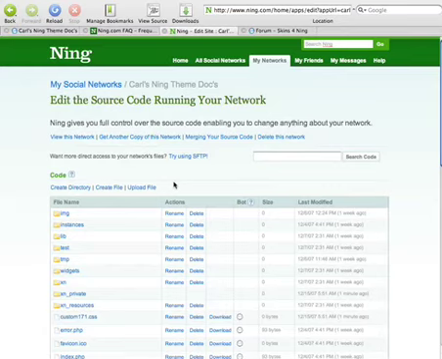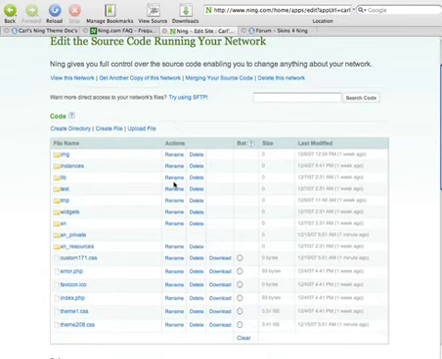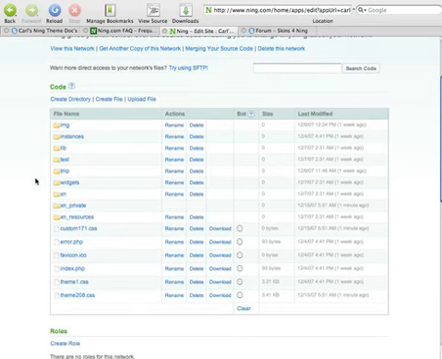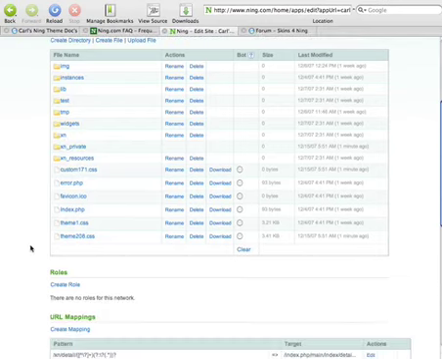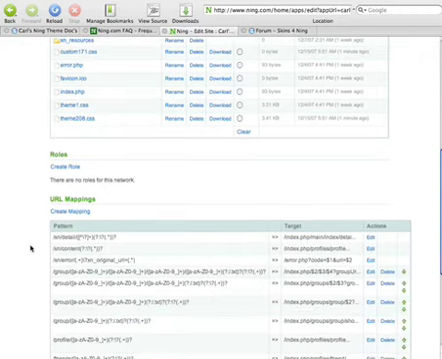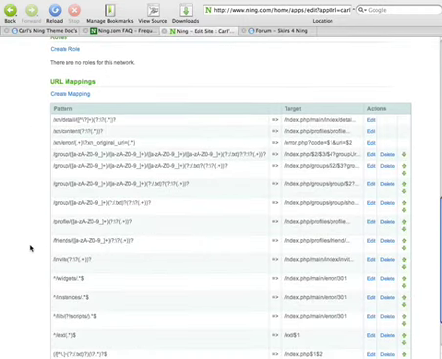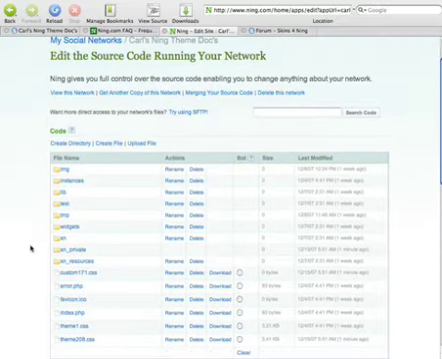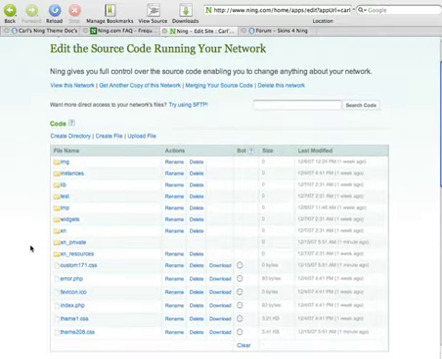You'll notice at the top of the page here we have a code box which allows you to create directories, create files and upload files, and within that we've got some directories and some files. Further down we've got roles, and then URL mappings. We're going to start by making sure that our theme can actually be selected by our users. For that we need to edit one of the PHP files,